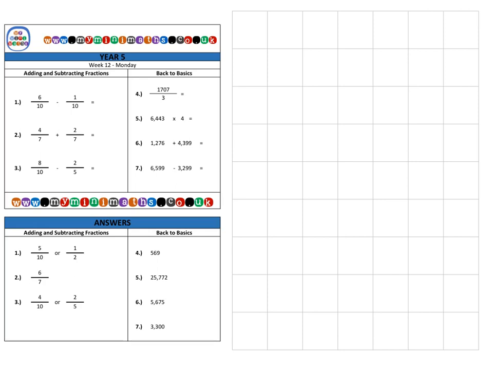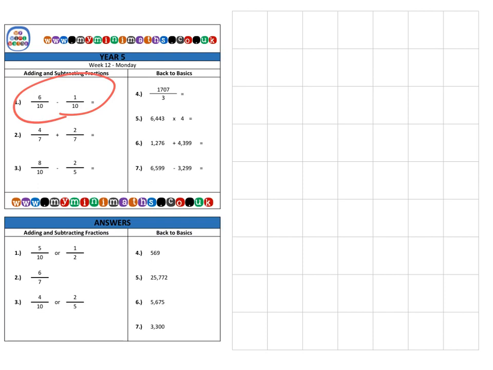And today we're going to be adding and subtracting fractions. To begin with, we're going to have a little refresh on the first two questions, looking back at what we looked at in year 3 and year 4 to make sure we're okay with those first. If we look at question 1, which is 6/10, and we're going to subtract